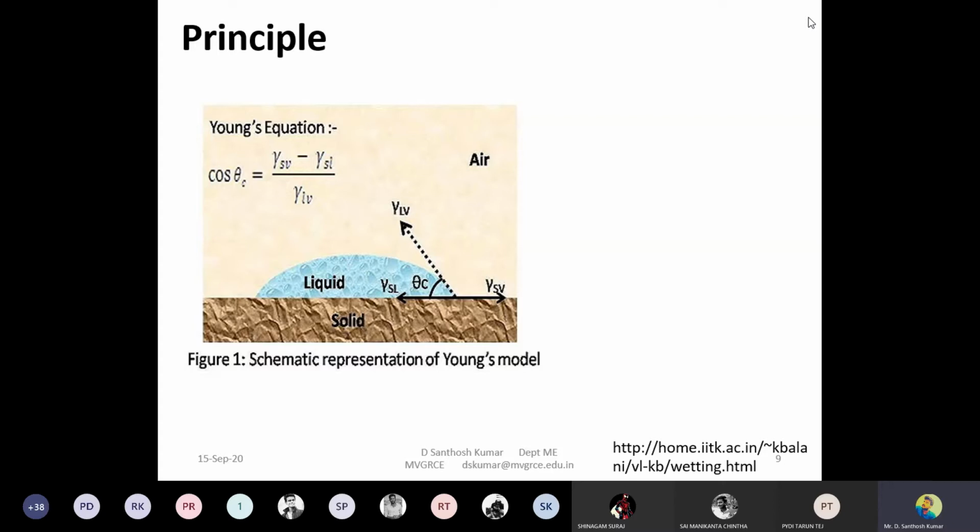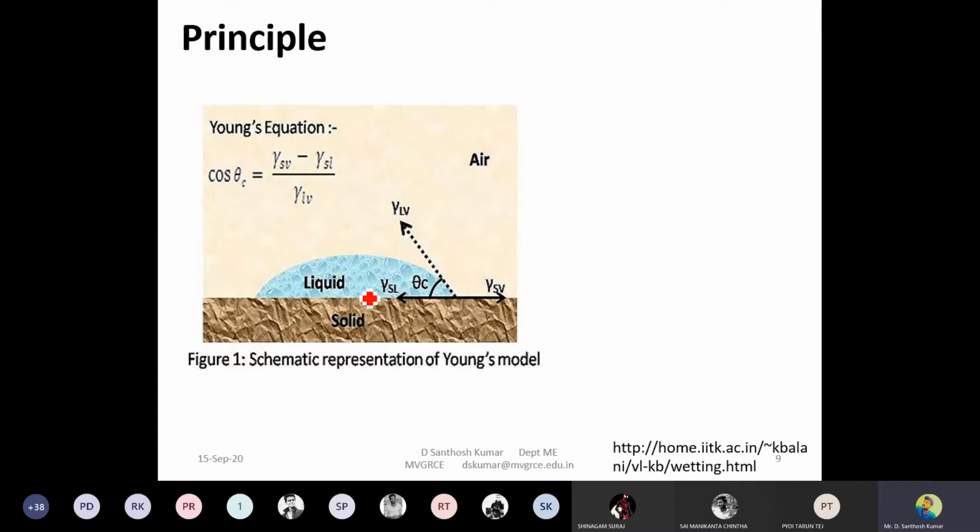So here, you need to talk about the solid-liquid interaction. It is very important. We will always talk about the liquid and solid. These two interactions are very important because we simply spread the liquid on the solid. So what happens in between these two? What is the principle behind this inspection?